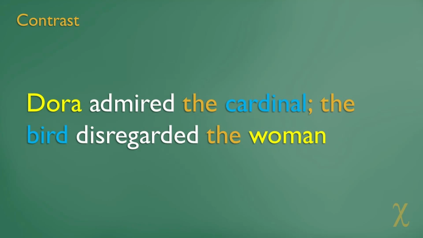Chiasmus is a flexible and interesting tool for writers, but you might be wondering why you would ever want to use it. And to that I'd say, isn't having fun enough of a reason? And it is, of course, but chiasmus also has particular effects that can make it especially useful in certain cases. First, because it involves repetition, chiasmus is good for weighing two ideas against each other, and because that repetition is inverted, it's especially good at making strong contrasts between two ideas. When you set up two ideas in chiasmus, the structural inversion reinforces their differences.